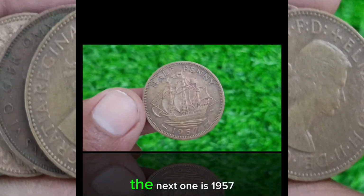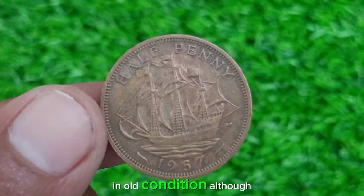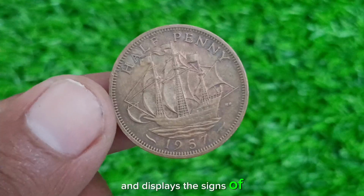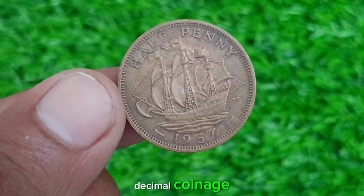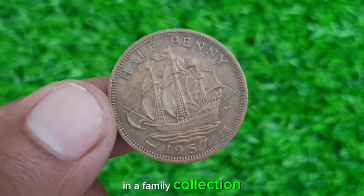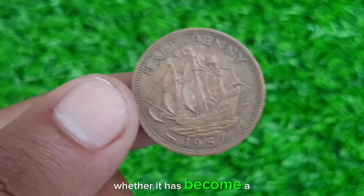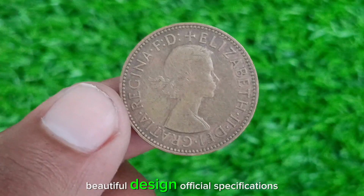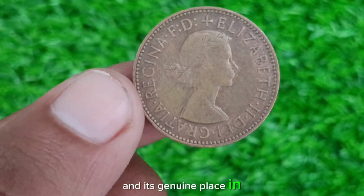enthusiasts around the world. The next one is the 1957 British halfpenny in old condition. Although this coin has spent many decades in circulation and displays the signs of age in everyday use, it remains an important piece of Britain's pre-decimal coinage. If you have discovered a 1957 halfpenny in a family collection, an old purse, or a forgotten coin box, you may be wondering whether it has become a valuable collector's item. Join us as we explore its history, beautiful design, official specifications, collector appeal, and its genuine place in today's numismatic